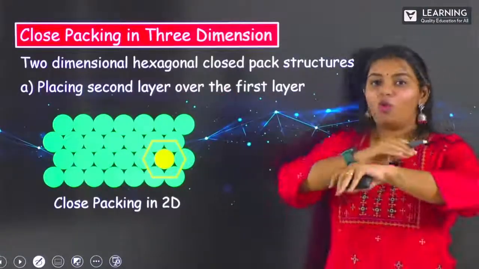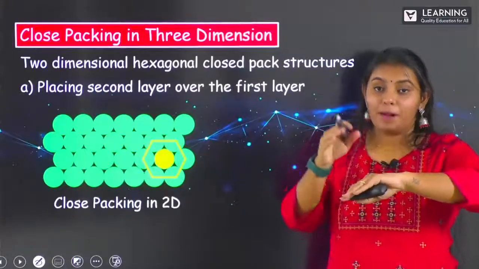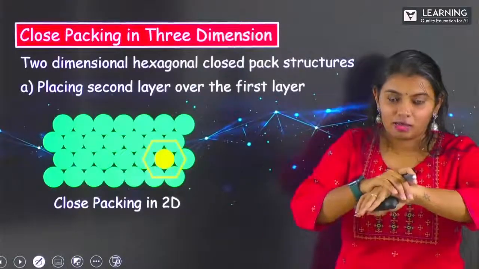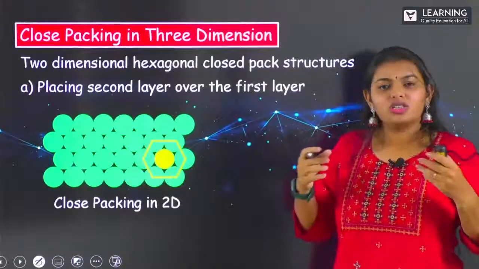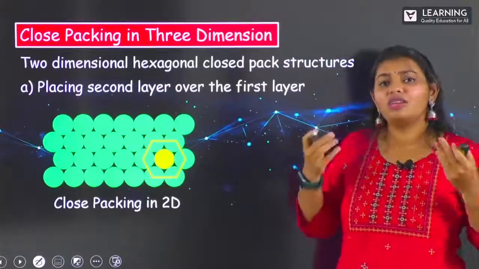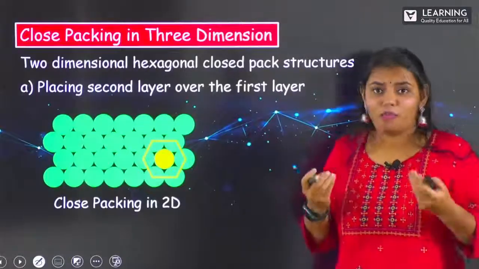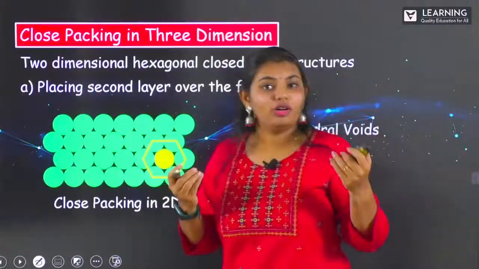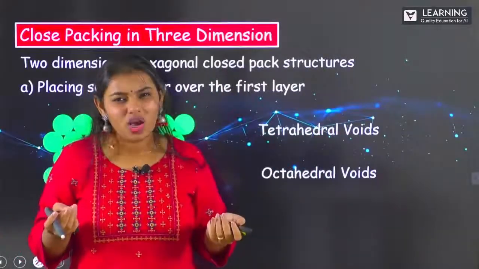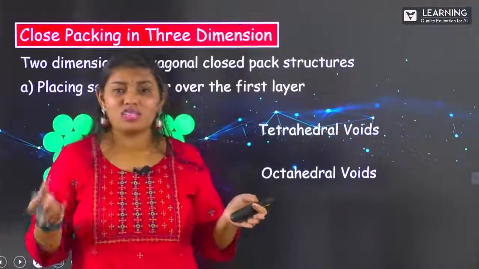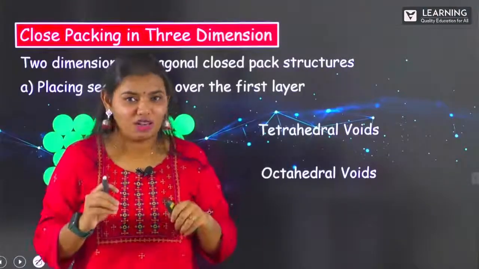Now we'll place one layer, it's already there. First layer is already there. Above it, we'll place a second layer. This second layer placing also will happen in two different ways. So when it happens in two different ways, there are two different things which are formed. What are those? First would be your tetrahedral voids. The next would be your octahedral voids. Now, what is this voids? What is this tetrahedral voids? What is this octahedral voids? You must be confused, right?